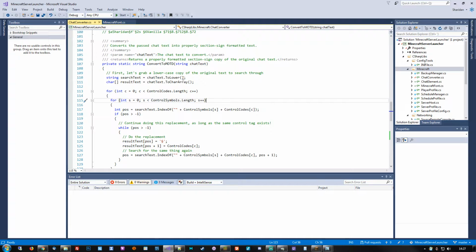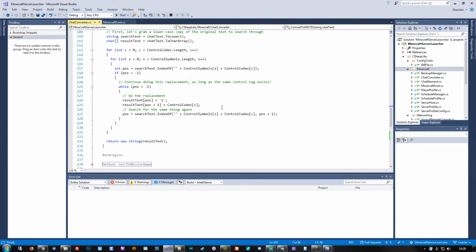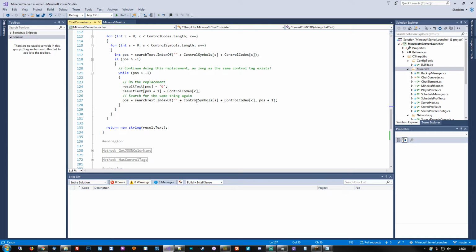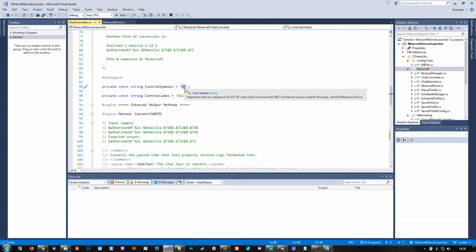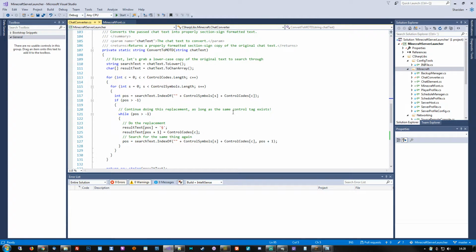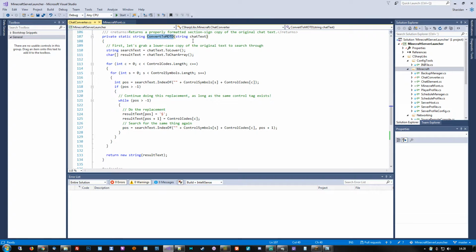All right, so the convert to MOTD at the moment basically blindly looks for any of the control codes, as well as the two control symbols that we accept, one being the ampersand and one being the section sign. Both of them are acceptable. At the moment it only looks for the colors, but we need to add in the control codes for all the other text formatting stuff as well, so we can correctly put them up. So we basically just need to make sure that they get replaced correctly as part of the convert to MOTD method. And then from there we will